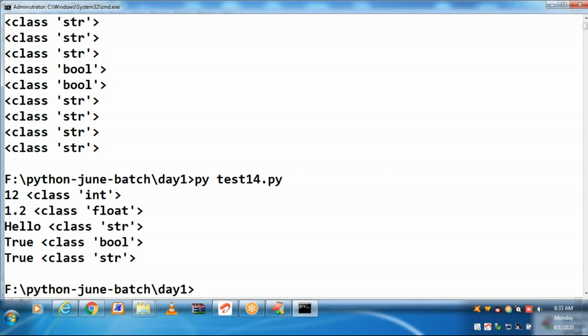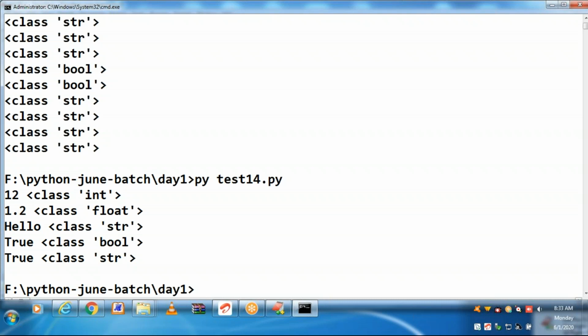Data type is changing automatically. So we have understood the type function, the built-in type function.